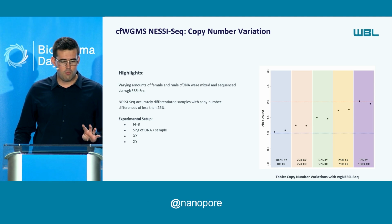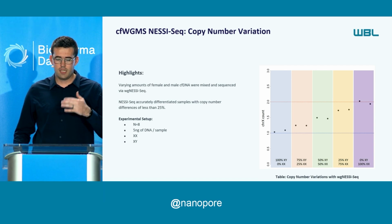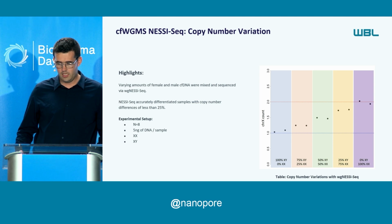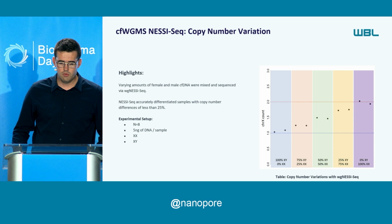We had 4 males and 4 females on this particular run, and just went and used them to show that we could spike in various levels of DNA and accurately predict copy number variation. So you can see on the left there in the blue, we've got 100% XY for the male, 0% XX, and we're able to clearly see it step up in each dilution where we added various ratios of DNA, all the way up to 100% XX, and we can clearly differentiate between